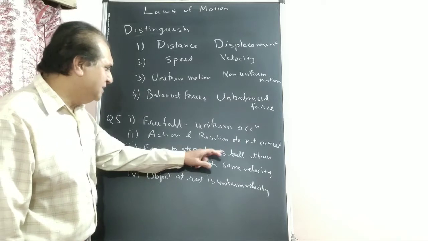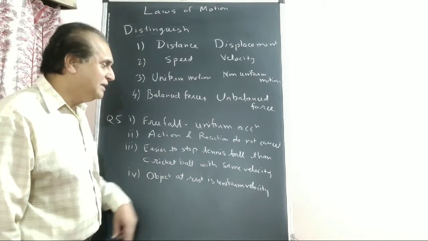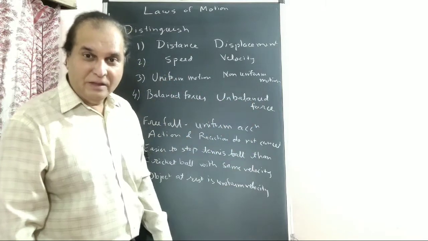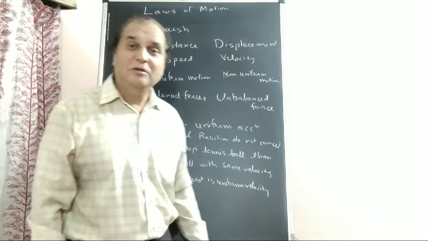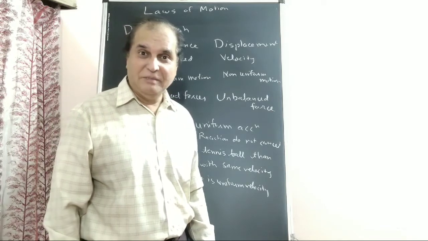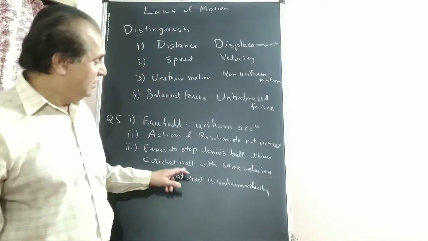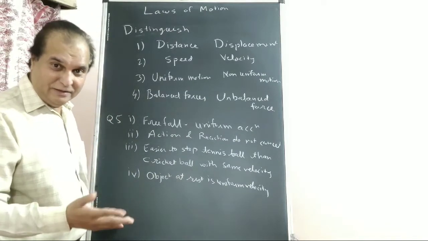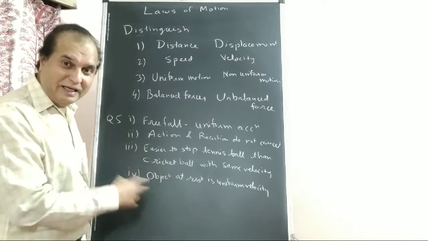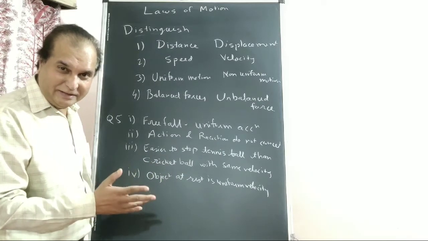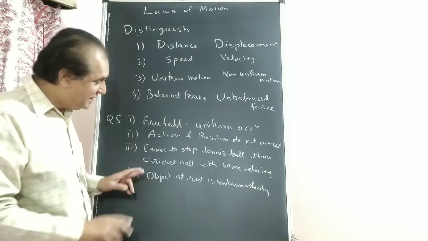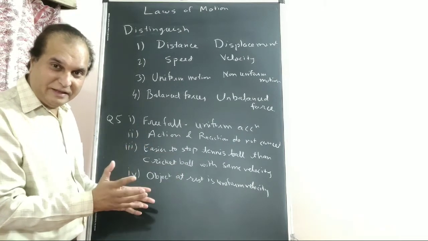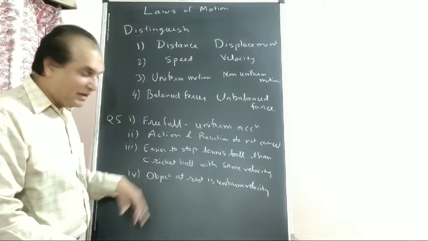It is easier to stop a tennis ball than a cricket ball with the same velocity. If you throw a tennis ball and a cricket ball with the same velocity, it is easier to stop the tennis ball due to less momentum. The velocity is the same, but the mass of the tennis ball is less than the mass of the cricket ball. You write in your own words; I am just giving hints. Try to write and understand the concept. Momentum is less, so the impact will be less, and the tennis ball is easier to catch than the cricket ball.